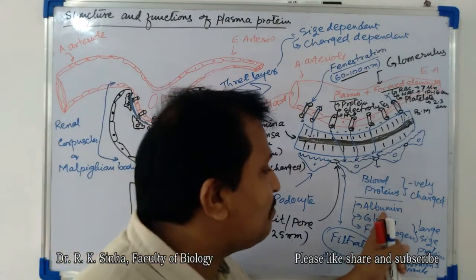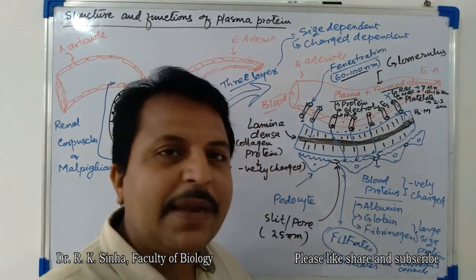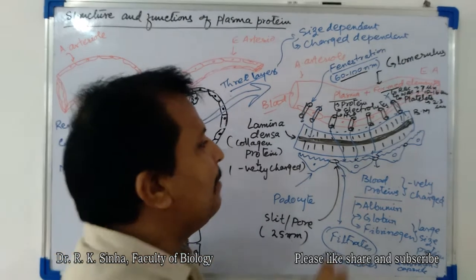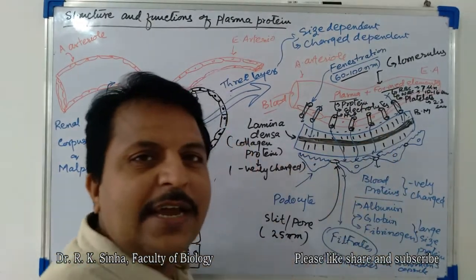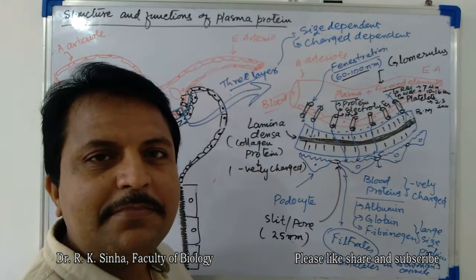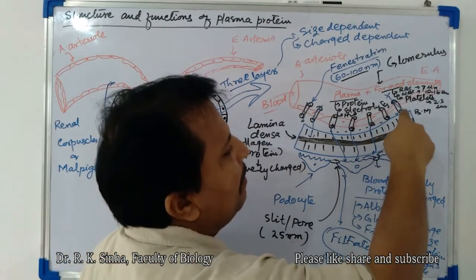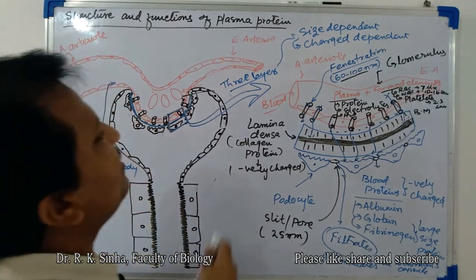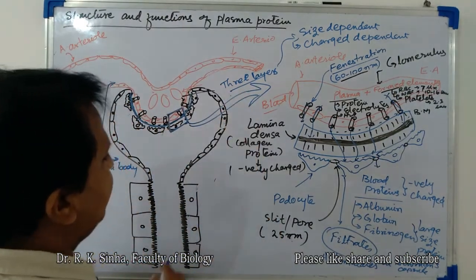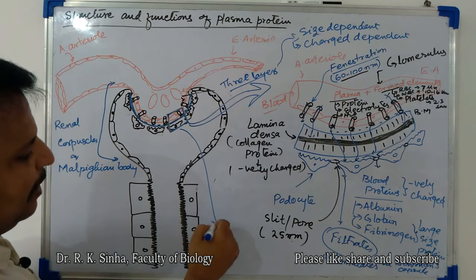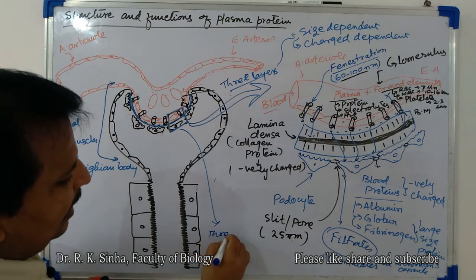So being smaller in size, this albumin cannot cross the membrane, these three layers of the membrane. Okay, these are made up of three layers: